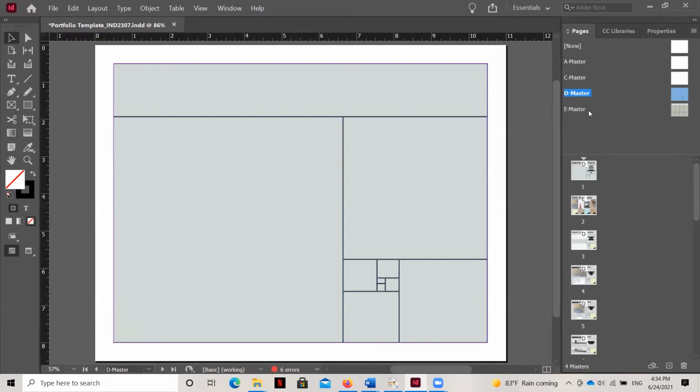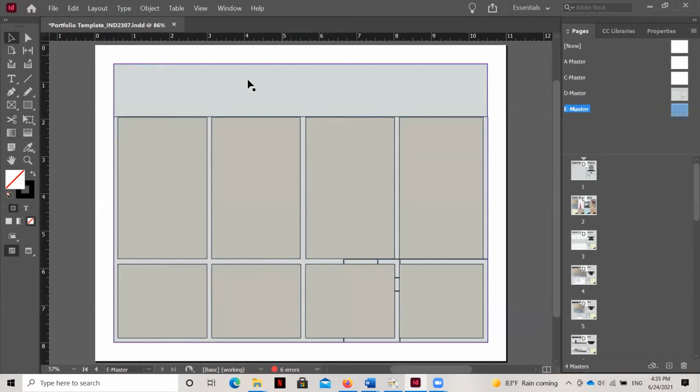I also have one for E, and this is how it looks, and it's the same, but it's got the same boxes, but it's also got some smaller boxes and rectangles that have been drawn as well. So now what I want you to look at is see how it says D and E here. If you look at the pages within my template, you can see that on the very top of each of them, it has a D or an E on top. Now, most of them have a D on the top, but one of them has an E.